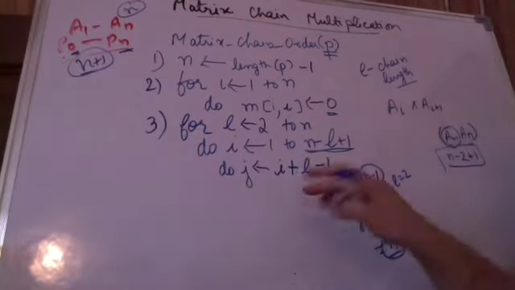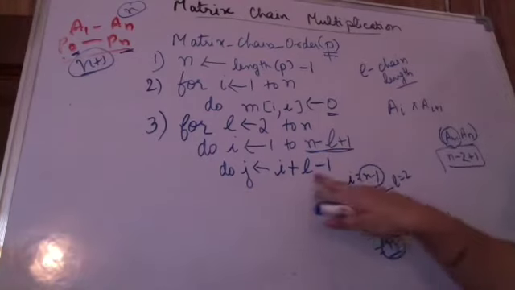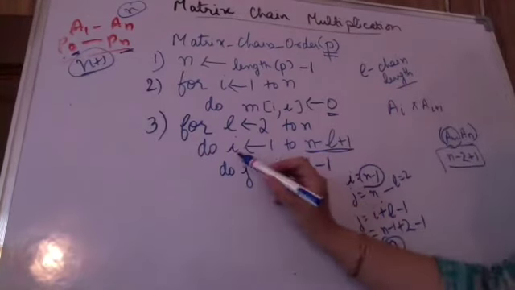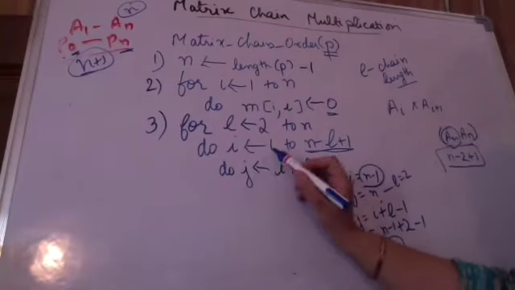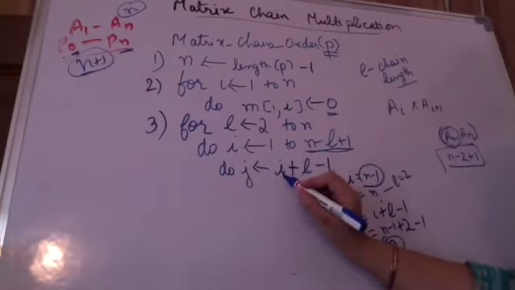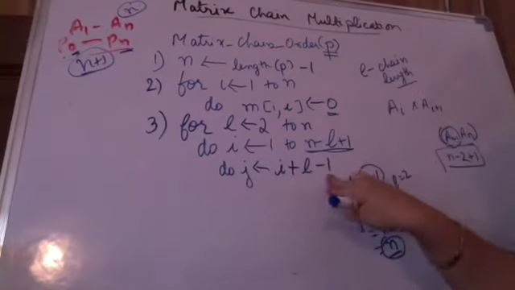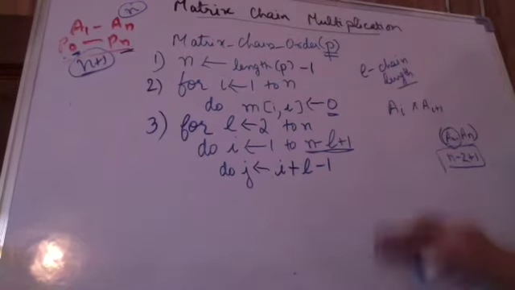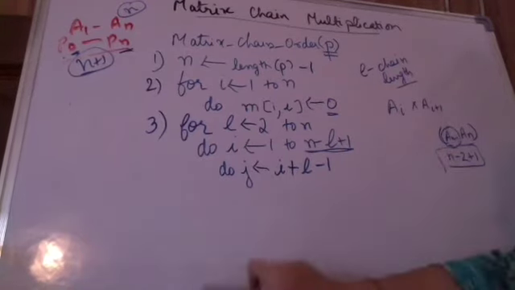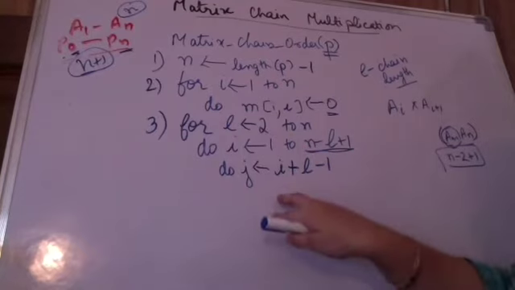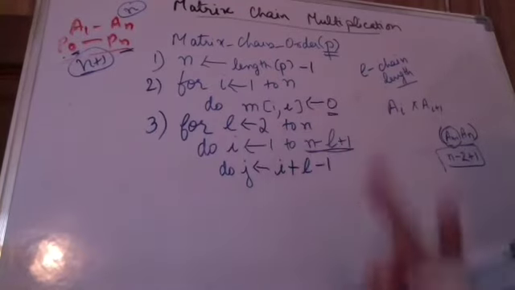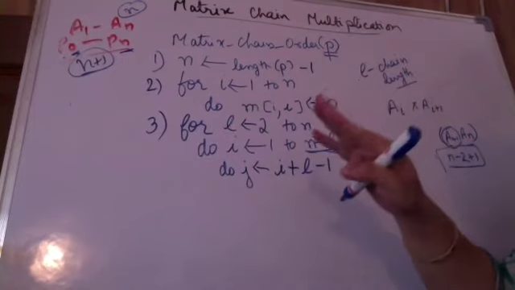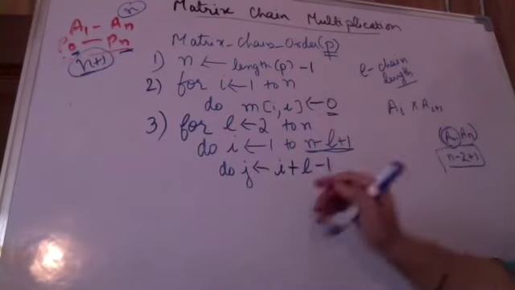Yes, ma'am. Why am I initializing the value of j? Because the chain runs from i to j. i is 1, j is i plus the length of the chain minus 1. Clear? Since we are beginning with 1, this becomes the value of i and j. The chain length begins with 2 because we have to go bottom up, so from chains of length 2 we then calculate the answer.